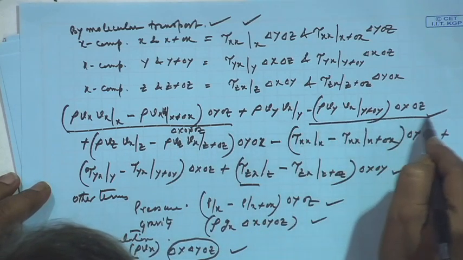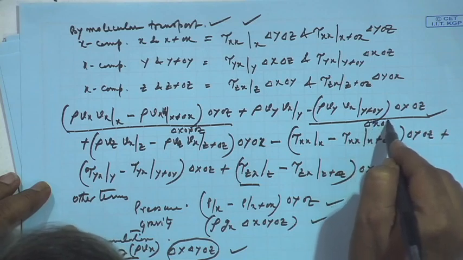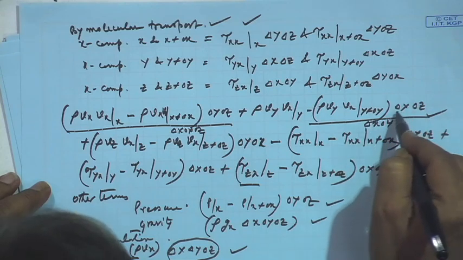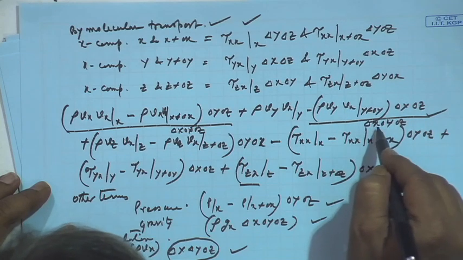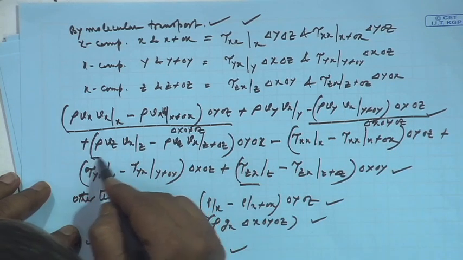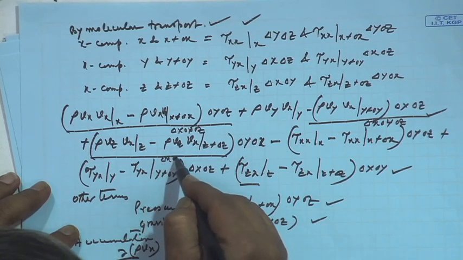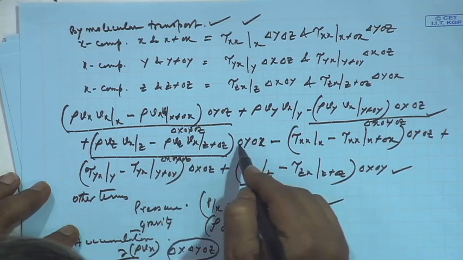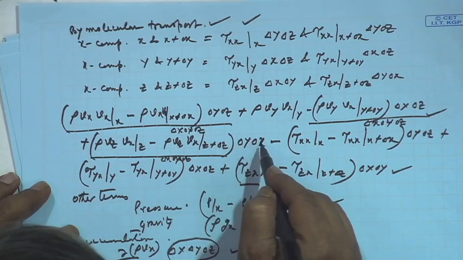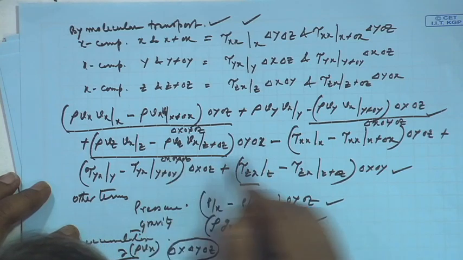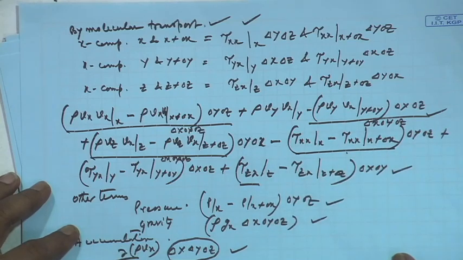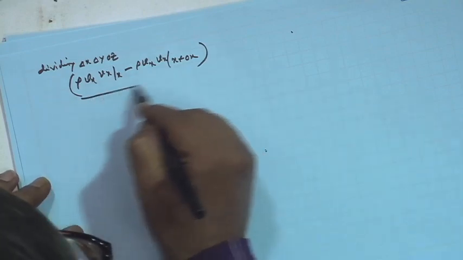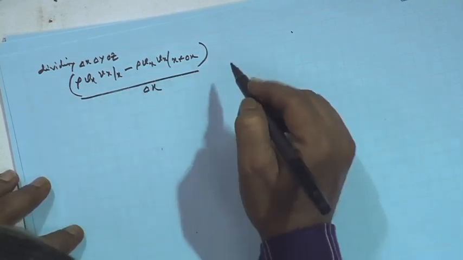Similarly here also, we take off del x, del z, del y remains, and in this case we take off del y, del x, del z remains, right. Similarly here also. So, dividing all with del x, del y, del z, we get respective terms like that,